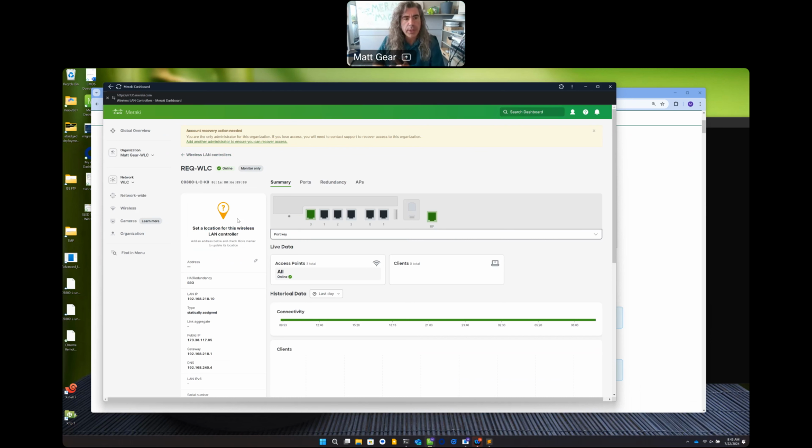Okay, guys, so we are back. Previously, right before I paused the video, we were waiting for the onboarding process to happen into the Meraki dashboard from the WLC. What I'm looking at right now is that the blue banner went away, and this is now the WLC in the Meraki dashboard. You can see that we brought over the host name for